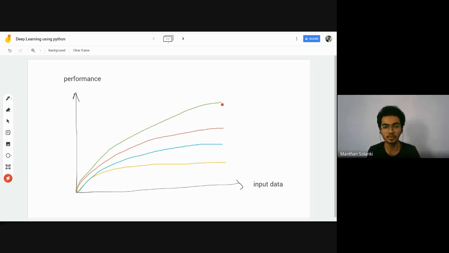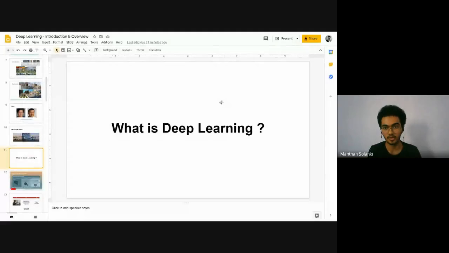But now we have TPUs, GPUs, and enough processing power. And thanks to all the cameras and technologies, we have improved sensors, and we use 3 and 4 cameras on our mobiles. So input data is also very huge. The input data and the high performance give us the power to use these technologies. That's why deep learning is popular these days.